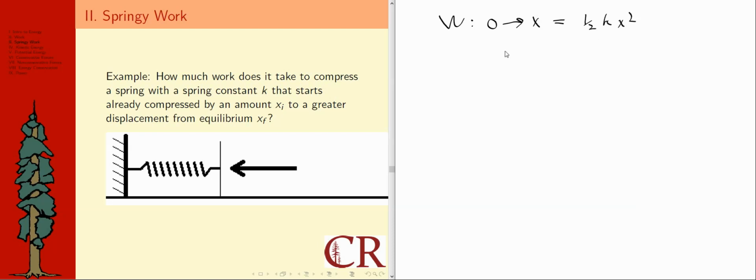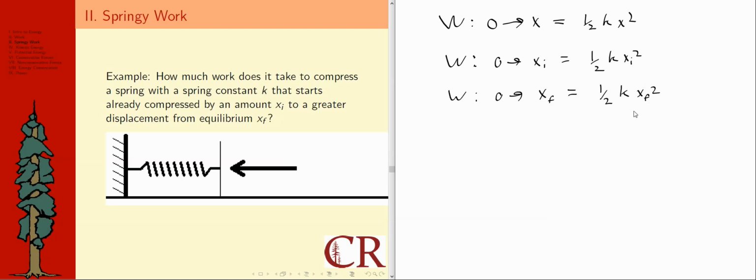squared. In that sense, if I look at how much work it would take to go from no compression to the initial amount of compression here at x sub i, that would be 1/2 k x sub i squared. Similarly, I'm really just substituting different things for x here. So I haven't really changed anything, but if this represents some greater amount of compression on the spring, and I ask how much work it took starting from zero compression, it's always just 1/2 k x squared, and in this case that would be x final